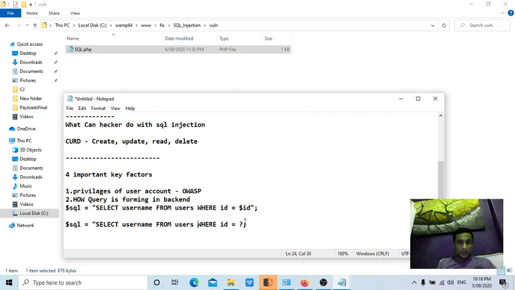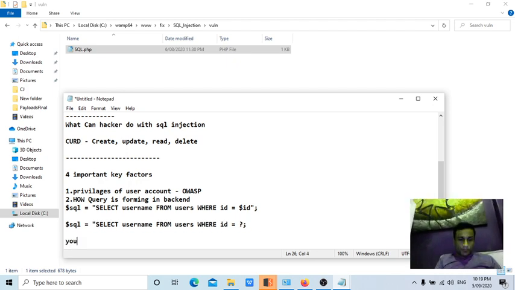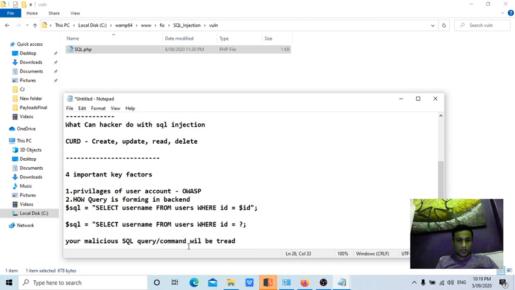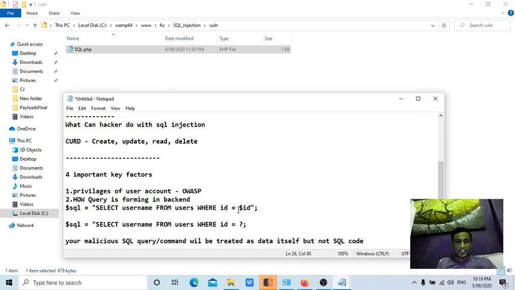That means your malicious SQL query or command will be treated as data itself, but not as SQL code. So this is the fix, guys, actually.